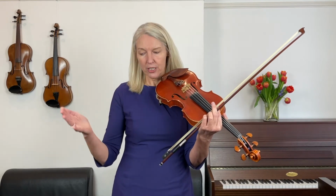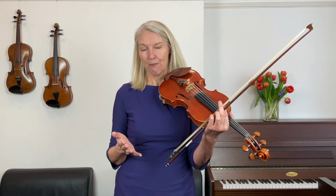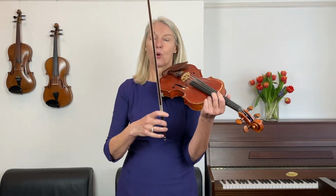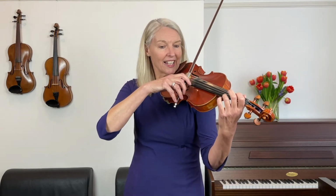Okay, so pick one of those two aspects, either the bow or the left hand, that you're going to focus on. And now we're just going to play 4 bars. And let's see if you find that easier to manage. So take your pick. You're either going to focus on using long bows or on keeping your hand shape the same. 1 and 2 and...